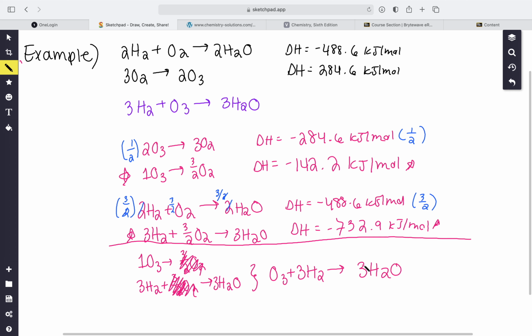I'm going to check my equation. We have 3H2O. 3, okay. Cool. So that would be our answer for that. So that means we don't have to scale anything, right? So that means that all we have to do is add these two enthalpies together, right? So we're going to do negative 142.2 plus a negative 732.9. That'll get us the answer of,